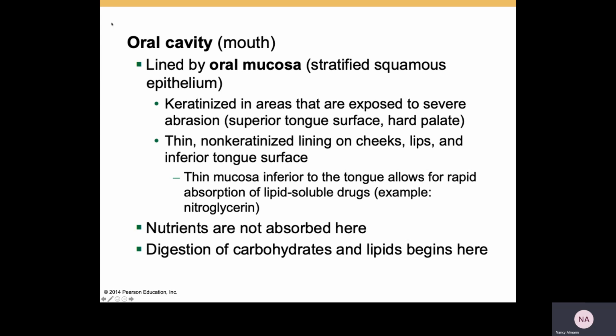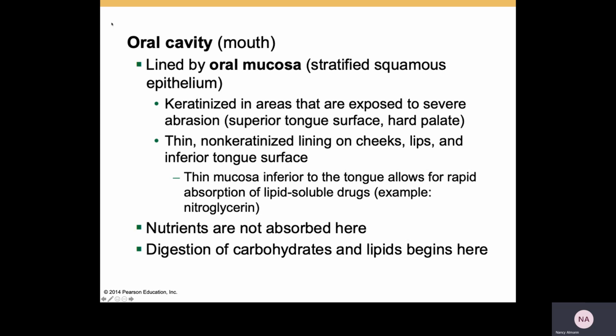So let's stop and talk about the so-called digestion of carbohydrates and lipids that begins here. It really doesn't. What happens is this. The oral cavity, the salivary glands, are going to secrete salivary amylase, which will start starch digestion, and lingual lipase, which means that there is an enzyme that is added to fats in